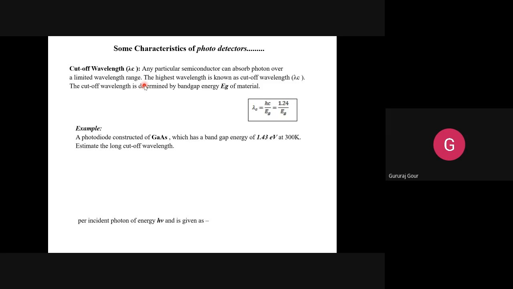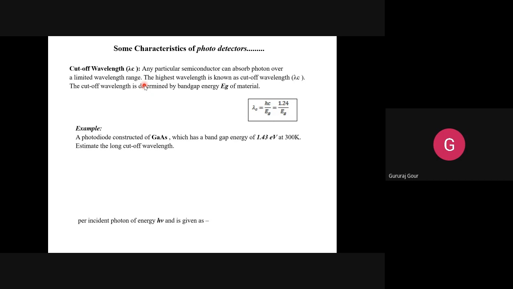So two things are there here. Cutoff wavelength means the absorption capacity or limitation of the intrinsic region. It is meant to absorb the photons. So rather than saying that it depends on the material with which the intrinsic layer is made up of, of course it depends on that also. But now we are defining the cutoff wavelength, so it should be specific to the light or the photons which are falling on that intrinsic region.